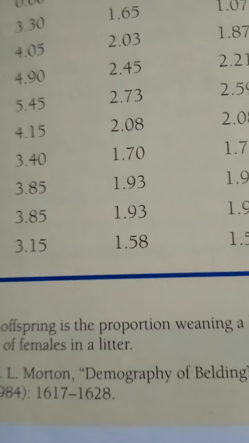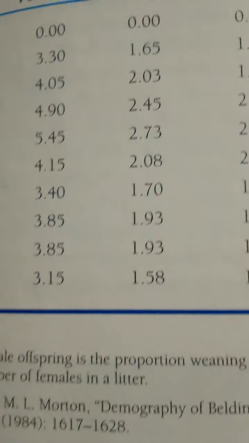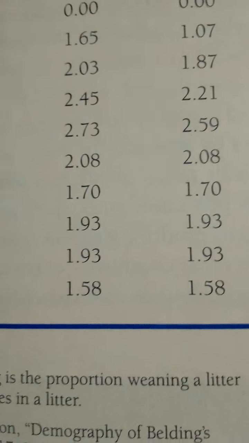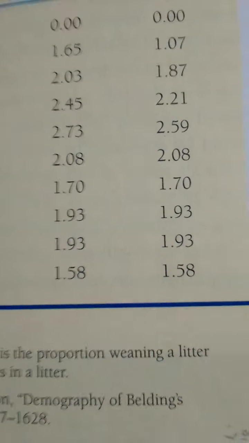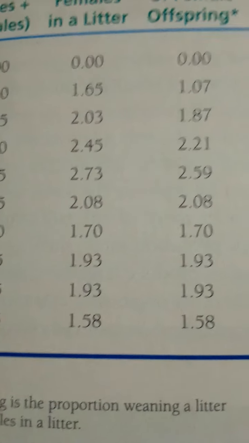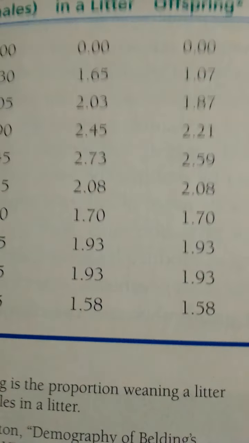The last column in this table is for Belding's ground squirrels, which begin to reproduce at age 1 year. Reproductive output rises to a peak at 4 years and then falls off in older females. Reproductive tables vary greatly depending on the species. Squirrels have a litter of 2 to 6 young once a year for less than a decade, whereas oak trees drop thousands of acorns each year for tens or hundreds of years. Mussels and other invertebrates may release hundreds of thousands of eggs in a